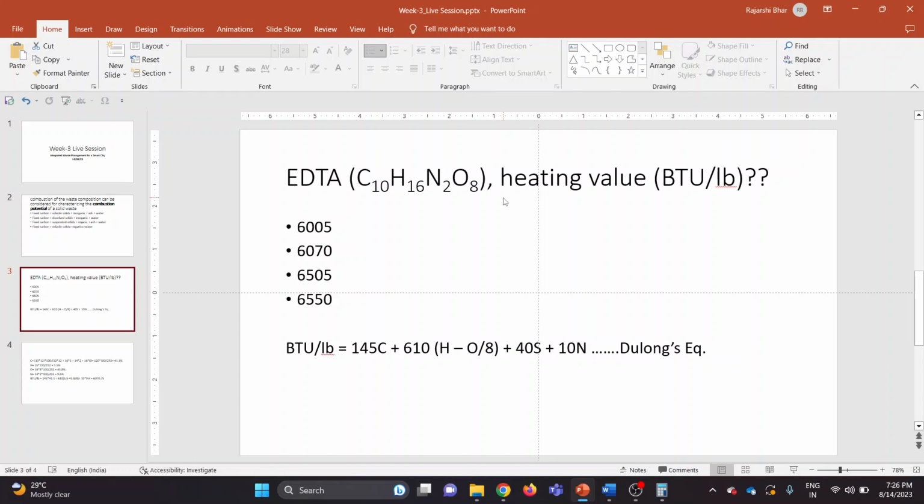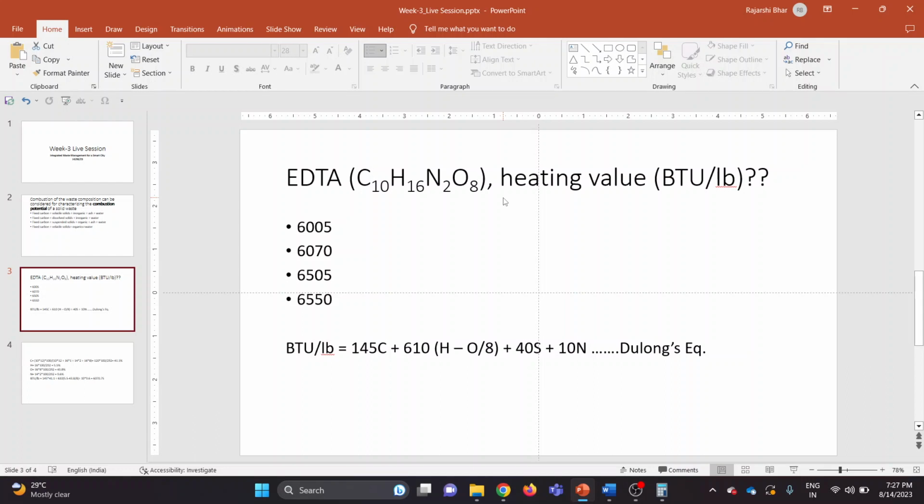In fact, what you can do is, if someone is residing in Delhi and someone is residing in Kolkata, the living standards or lifestyle of the people are very different in these two places. So researchers can also work on location-specific solid waste, and generate equations similar to Dulong's equation, location-specific calorific value equations as well. In fact, various countries and many researchers have done this also. So this is one way you can derive such formulas, based on the location where a certain quality of waste